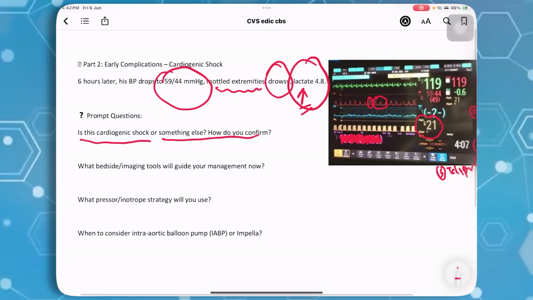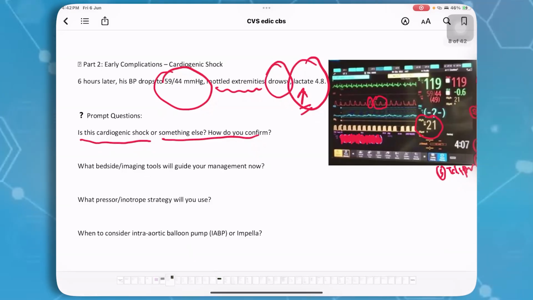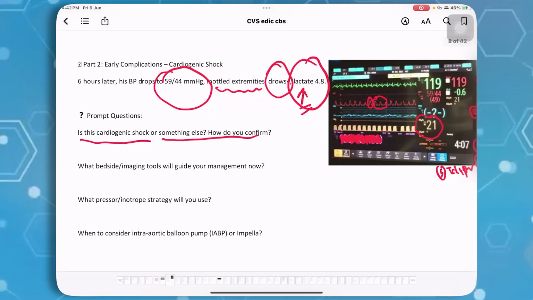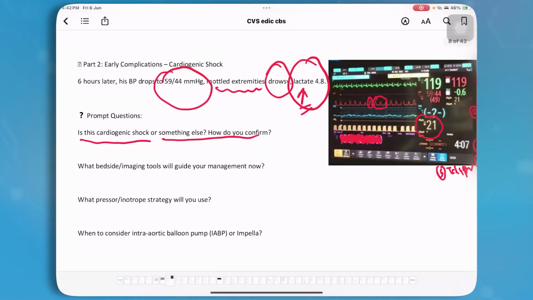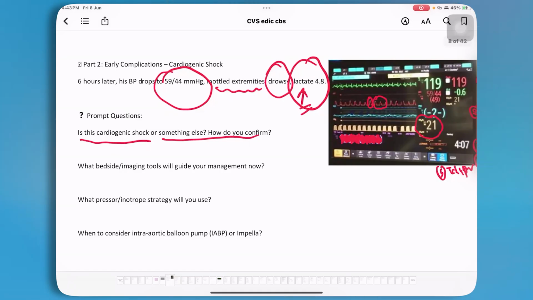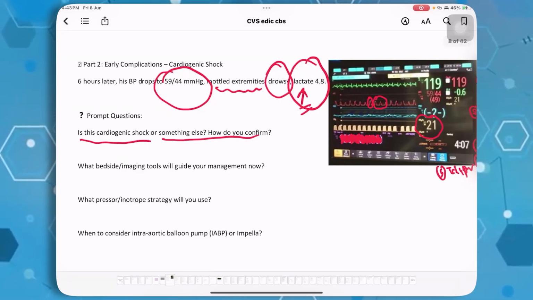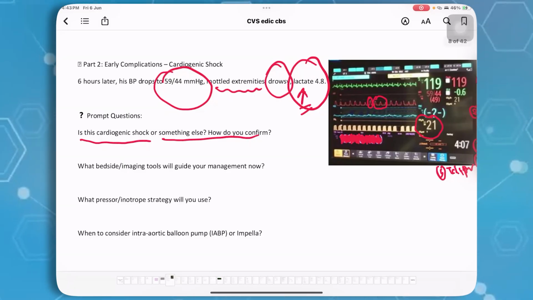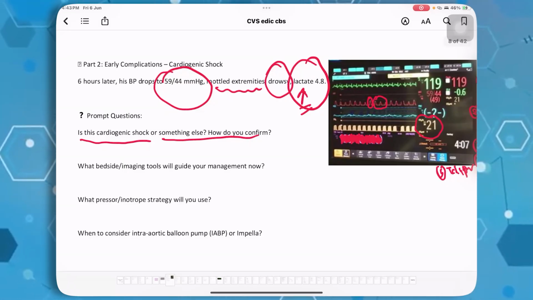The questions that can be asked here are whether it is a cardiogenic shock or any other shock. How will you confirm if it is a cardiogenic shock or not? What bedside or imaging diagnostic tools can you use, and how can they guide your management now? What strategy would you follow if the patient, post primary coronary intervention after 6 hours, has developed a cardiogenic shock? What will you use? How will you cope with it? When do you consider putting mechanical devices in? So let's go through the